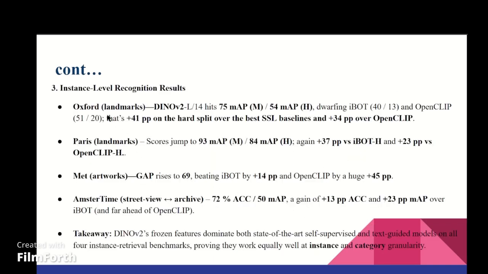Now coming to results dissection. On the Oxford dataset, it has a 75 MAP score and 54 MAPH score, and iBot has 40 and 13, and OpenClip has 51 and 20. On the Paris datasets, the scores are 93 and 84, and on the Met dataset it has a 69, and